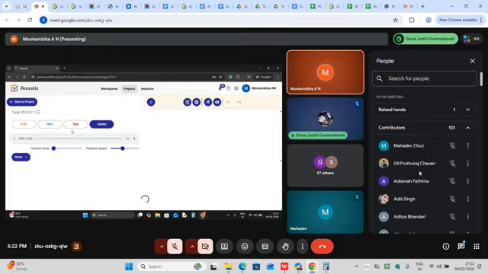Then comes the skip button. Sometimes in the file there will be a lot of noise issues, or you cannot understand even a single word of what the person is saying.